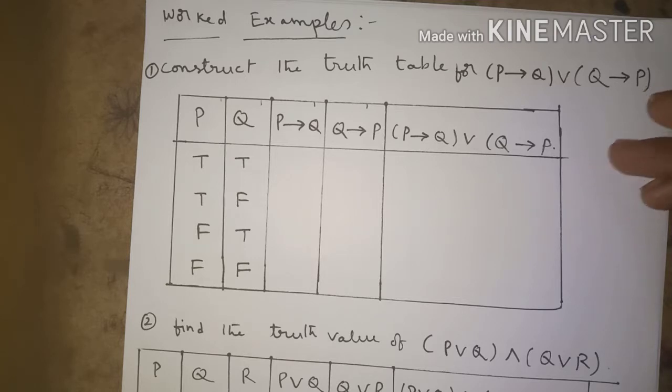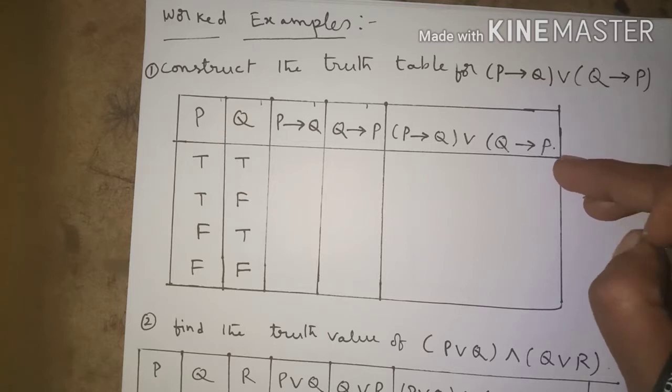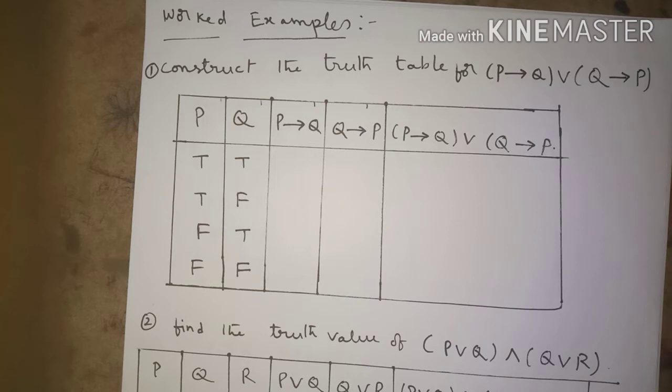The truth table for conjunction: if P and Q are both T, then P and Q is also T. Disjunction, P or Q: if P and Q are F, then the disjunction P or Q is also F. If P then Q: if P is T and Q is F, then if P then Q is F. Lastly, biconditional: if P and Q are identical, both having the same symbol, then it is true. That may be false or that may be true.